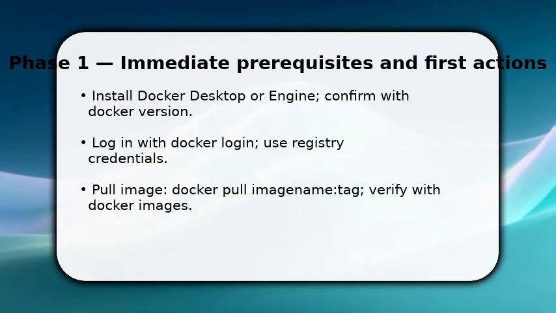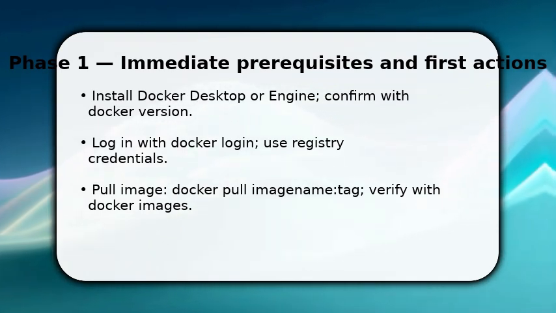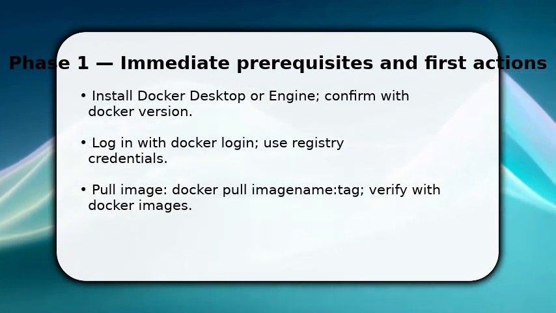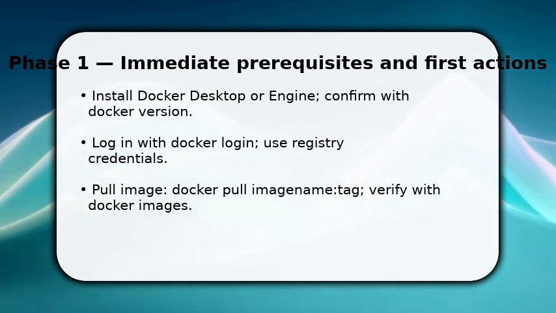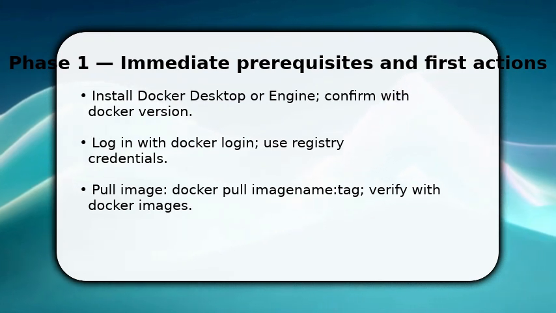You start by confirming Docker is installed and you can authenticate. This lets you access registries. Once logged in, pull the exact image and tag you need, because using the wrong tag wastes time. Inspect the image with docker images and docker inspect to see layers and environment defaults, which helps you plan runtime